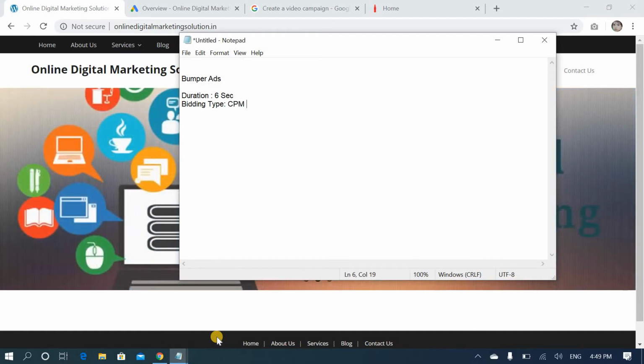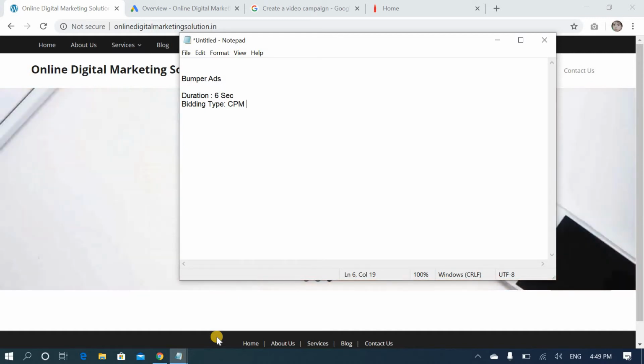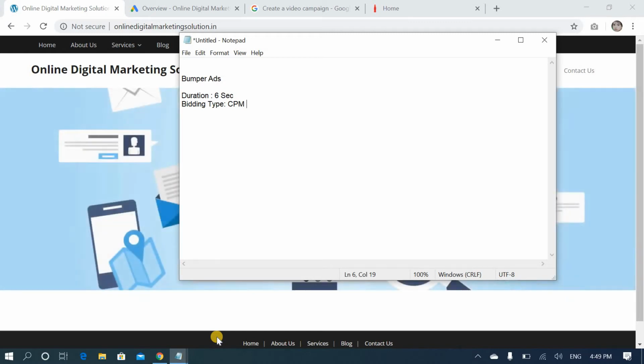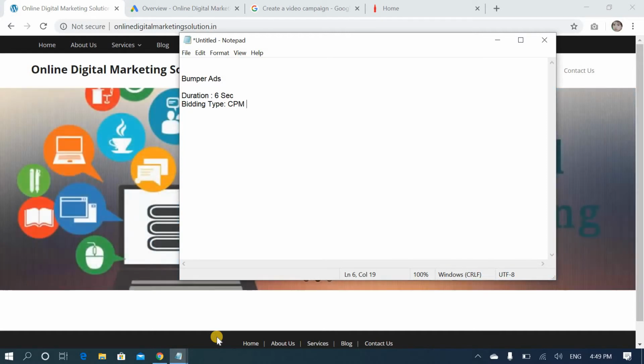Okay, and the main thing is when you are running these bumper ads, you need a YouTube channel and you should already have uploaded that video. A URL is required when you are running this campaign. You have to paste your URL.